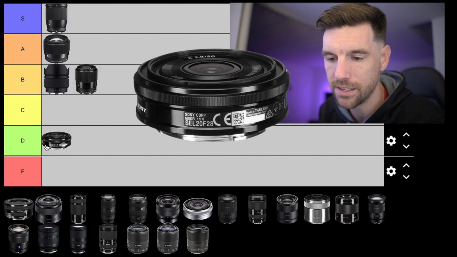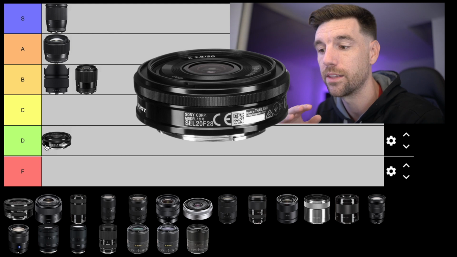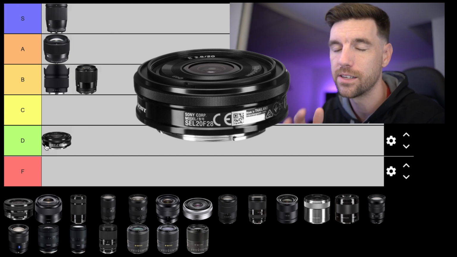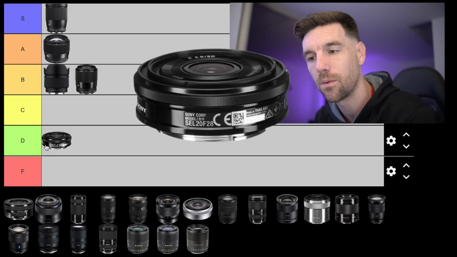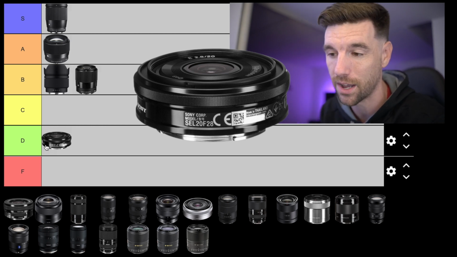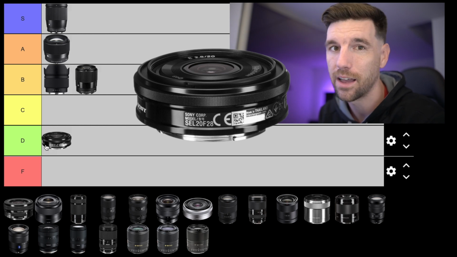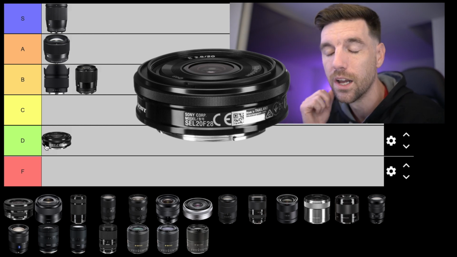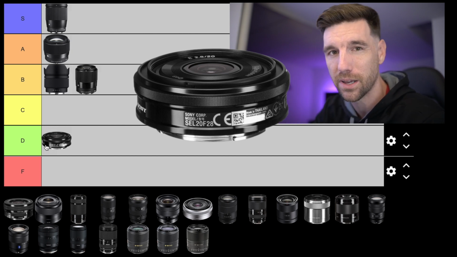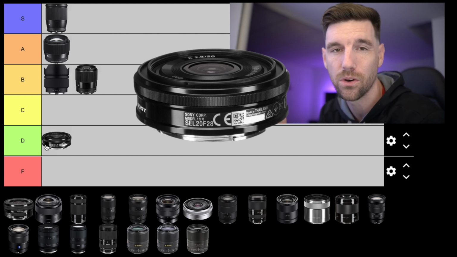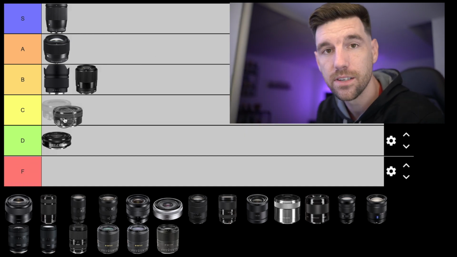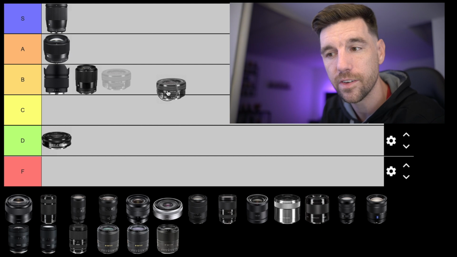The reason why is I'm not super impressed with the 16mm f2.8, but I've heard this lens is very similar to that one, and honestly, I'm just not impressed with the other pancake lens. I've seen reviews, they get pretty bad reviews in general. They're older. I don't think Sony put their best foot forward with these pancake lenses, so I'm gonna put this one in D tier. All right, next is the infamous kit lens, 16-50